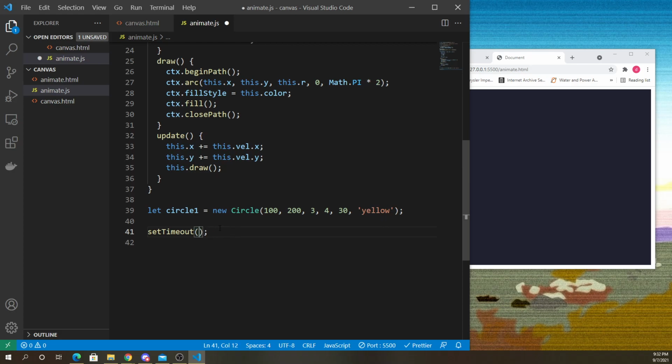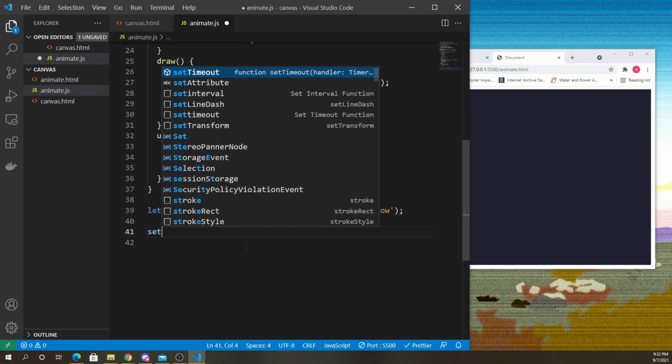So you would put in whatever function you want to call and then decide how long to wait before you call it, every 1,000 milliseconds, for example. If you just call it like this, it's just going to call that function one time after waiting a second. But if you wanted to repeatedly do that over and over again after waiting a certain amount of time, like 16 milliseconds,